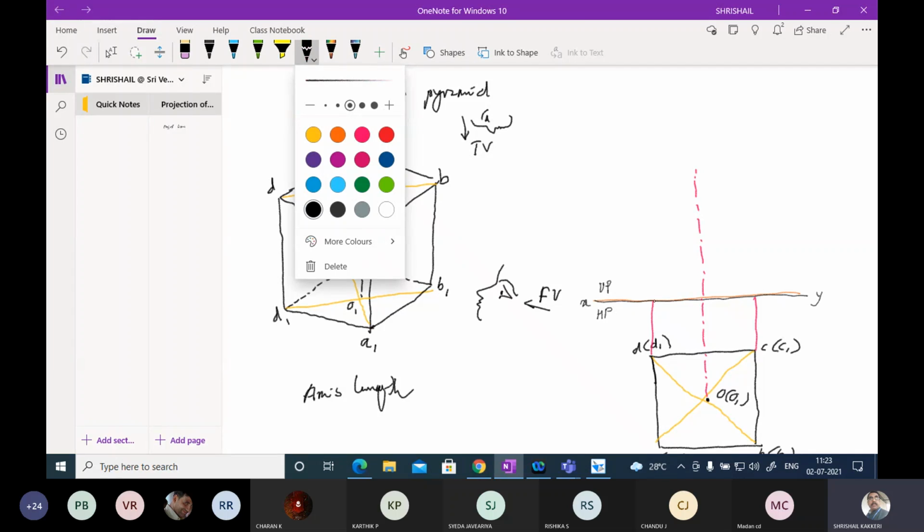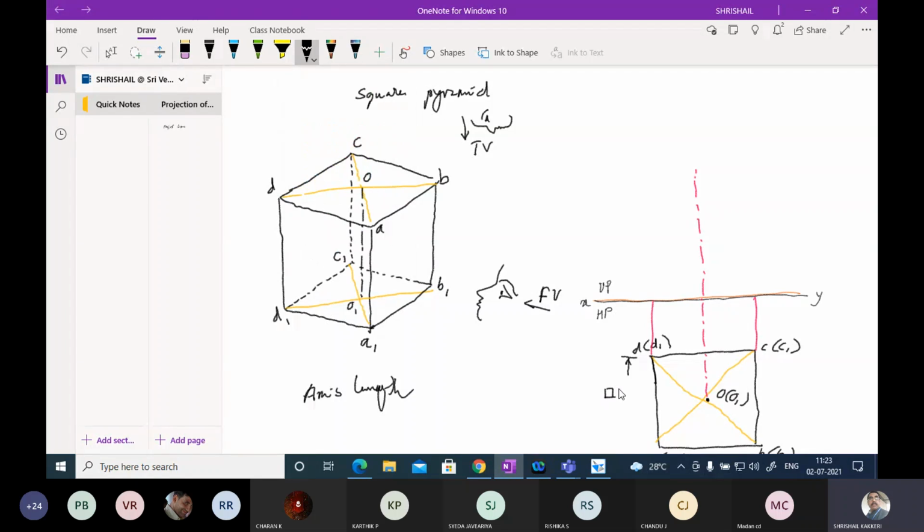Now let me take the axis. This square is, for example, 30 square. Here we should not simply write 30. This will be the indication of this, because the dimension will carry 3 marks. Even this, if you want, you can write square 30, or simply use SQ 30, so that you can avoid writing the dimension on both sides. Now let me make it dark. This is the base, and go to the height of the axis.